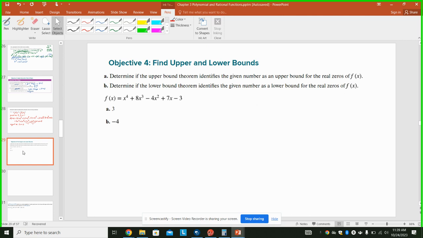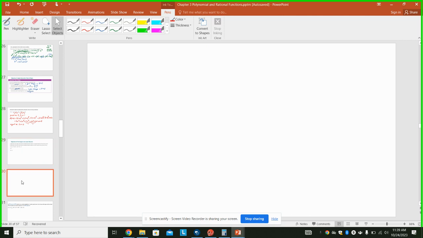To reflect on this, for it to be an upper bound, when we apply the synthetic division, to find an upper bound, when you do apply the synthetic division, you want all of the quotient